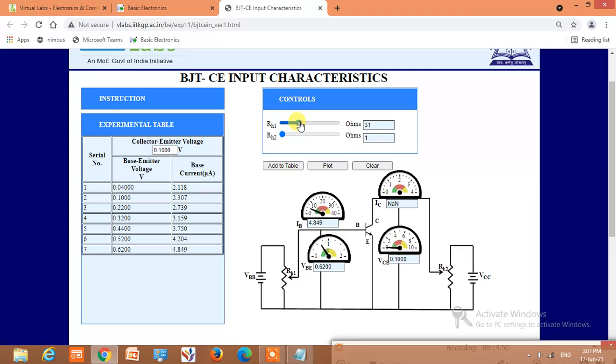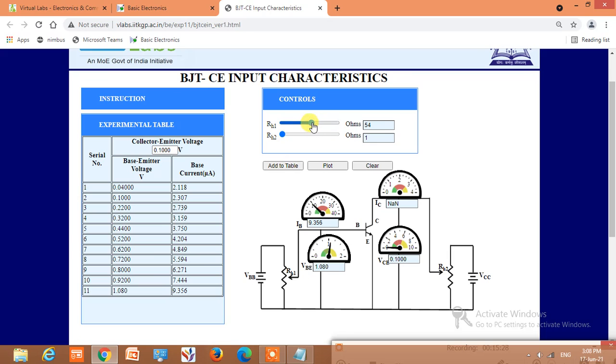So keep on doing up to 0.7, 0.8, 0.9, add to table, and 1 volt, add to table.